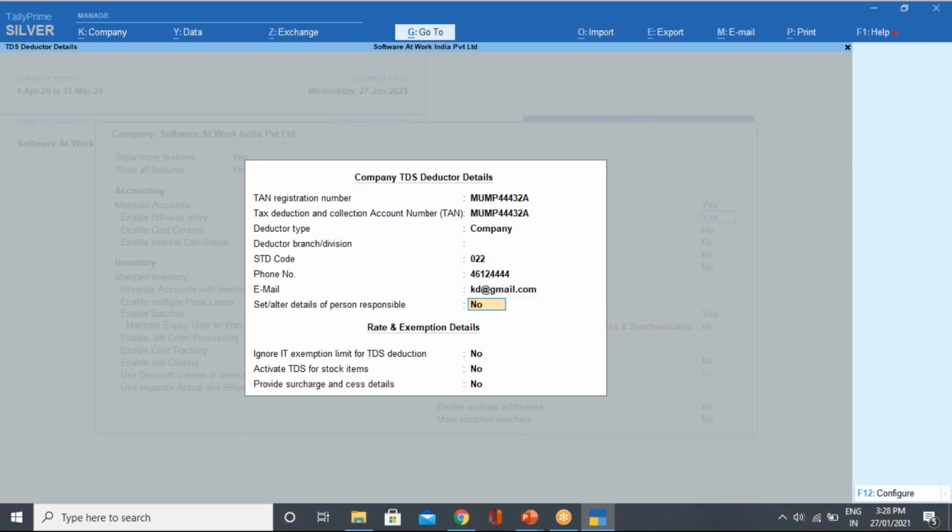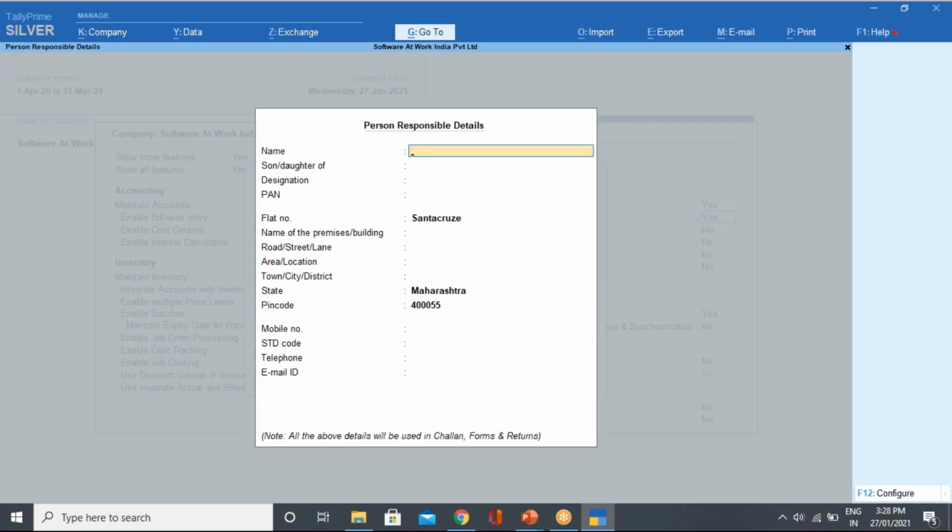Then I have set alter details of the responsible person. By mentioning yes, the responsible person detail will come. You can mention the name of the responsible person and his designation. Here just mention his PAN number, not your PAN number, the responsible person's PAN number.